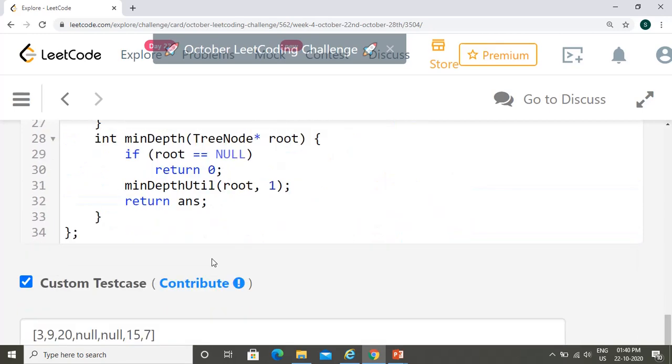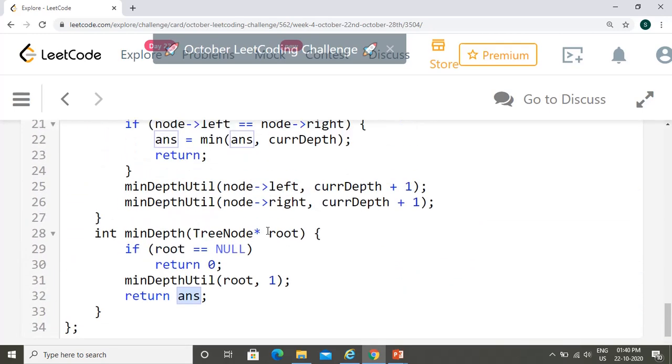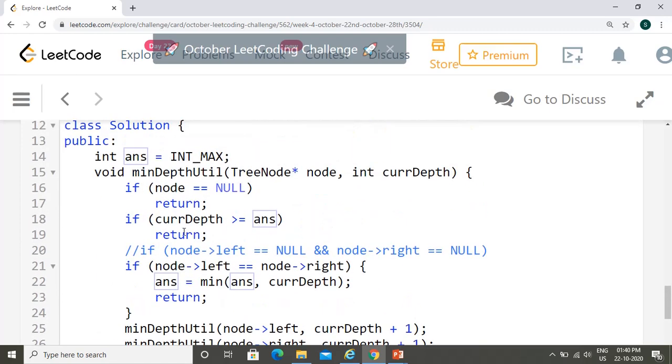And finally you return your answer with the minimum depth. So let's come back to the condition that I have added here. Even without this condition, it works fine, but this is a simple optimization. Currently you are trying to find the minimum depth of the tree. Let's say you have explored some 10 paths. Out of that, you have a minimum depth of some 5, and you have another 20-30 paths in the tree you are further exploring. If those paths are bigger than your current minimum of 5, there is no point in exploring those paths, right? Because you have already reached your minimum of 5.